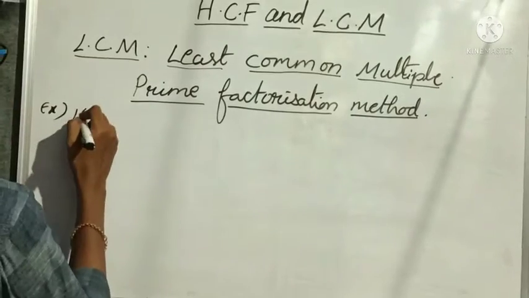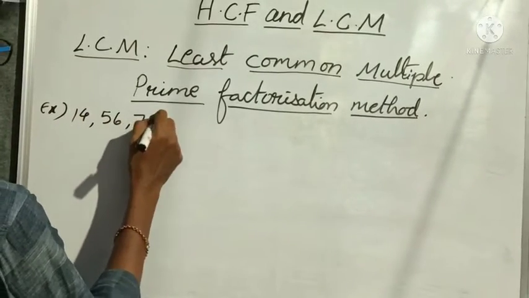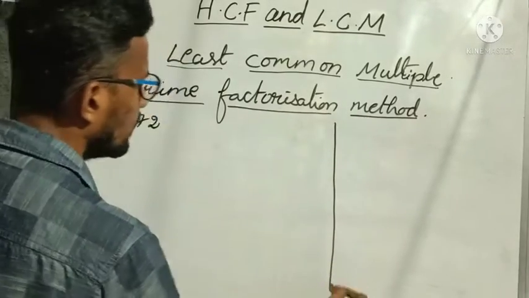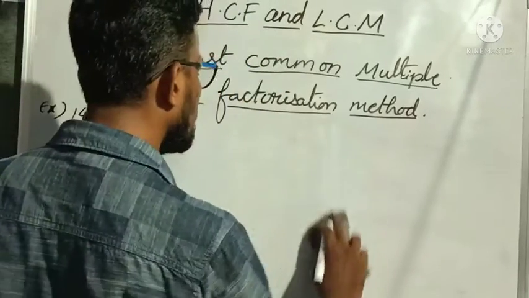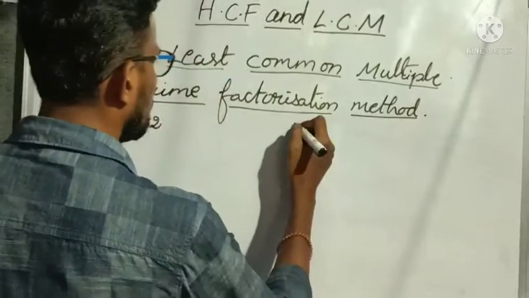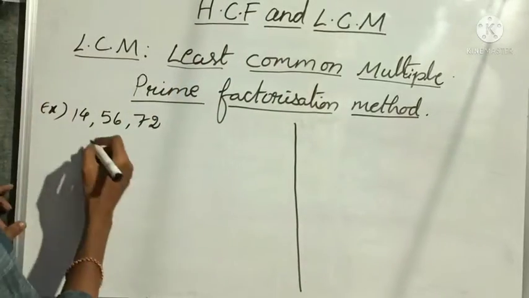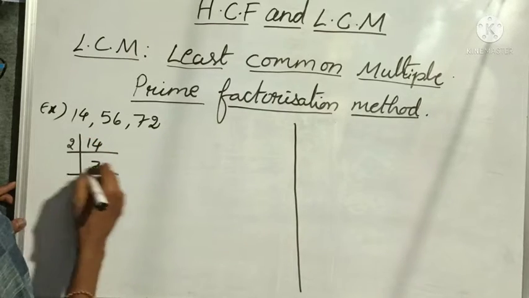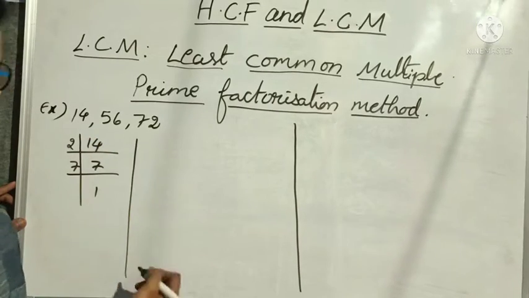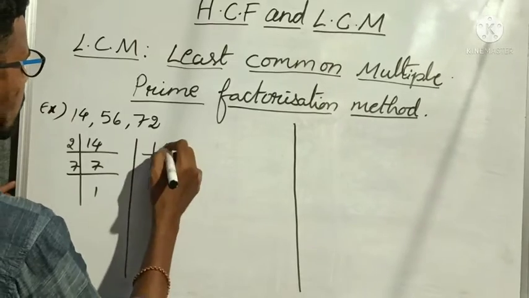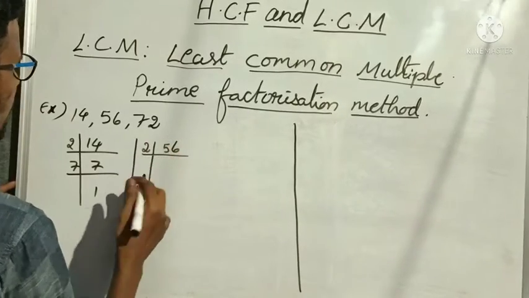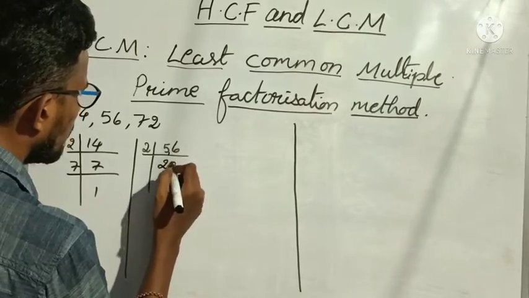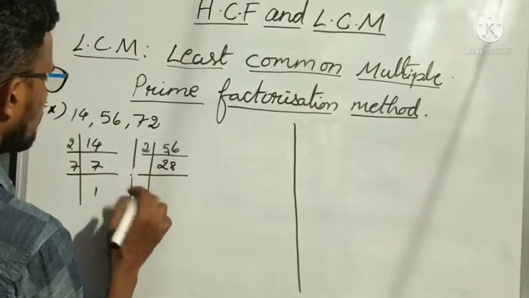Now somewhat difficult numbers: 14, 56 and 72. Okay. Now let us see how to find out the LCM of 14, 56 and 72. So first 14. 2 table. 2 7s 14. 7 1s 7. Next 56. So 2 table. Already I said, half of 56 you have to take. If not, 2 2s 4, 16 remains. 2 8s 16. Like that also you can do.